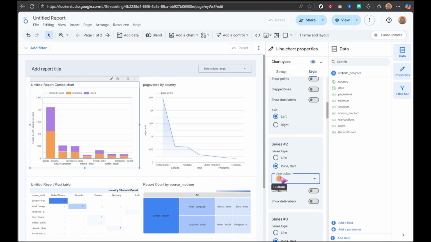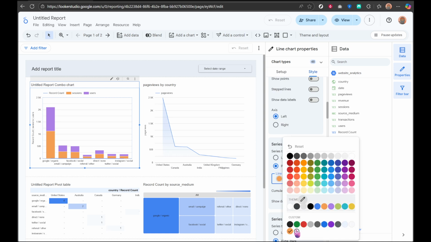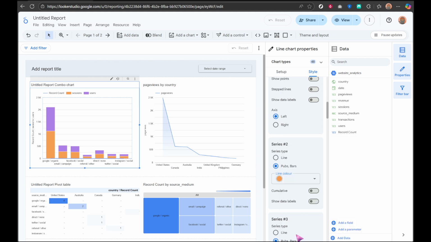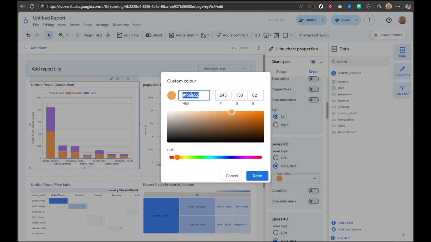Now that you've got the custom color picker open, it's time to put your creativity to the test. You have a couple of options for choosing your color. If you have a specific color code in mind, you can type a hex or RGBA code into the provided field. Alternatively, pick a color visually by playing around with the color grid. As a bonus, you can adjust the transparency of your selected color using the handy slider. Once you've nailed down the perfect shade and level of transparency, hit that Done button to apply your custom creation